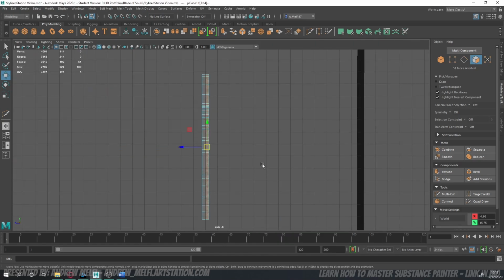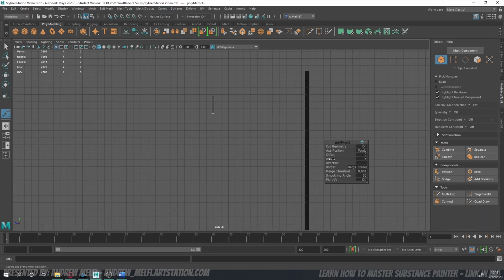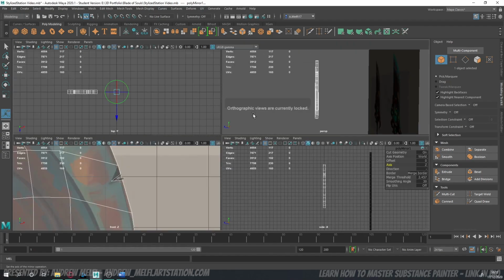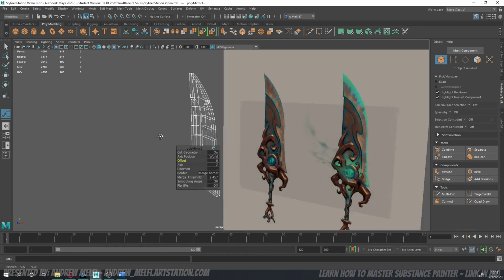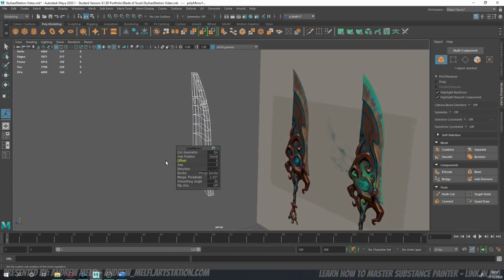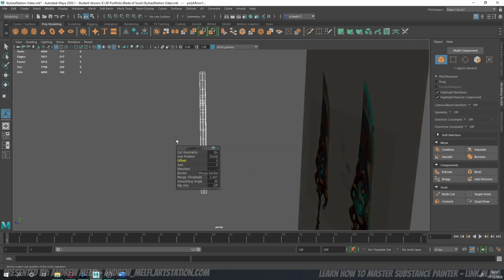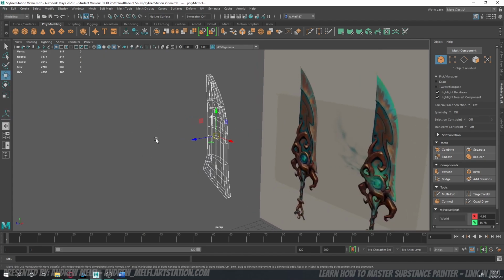Might be easier to do it in the side view actually. If I do this, delete that. Now what I can do is go to Mesh, Mirror. I want the Z axis, and it just mirrors it like that. You can change the offset. I think I want it about that. And also the direction, but we won't change that now. So once that's done,